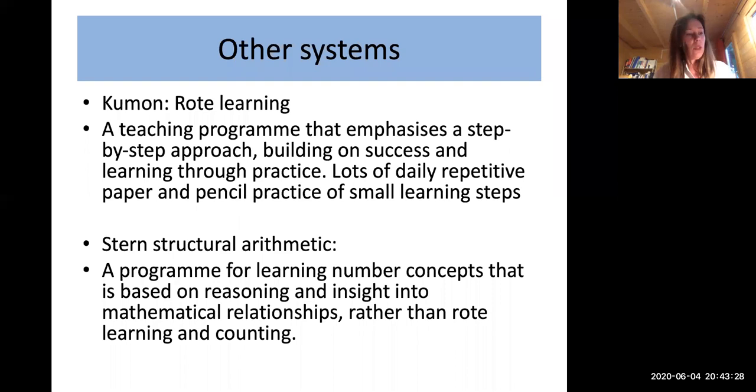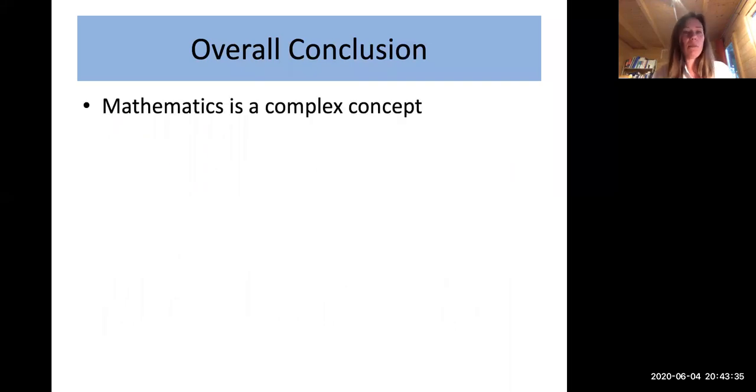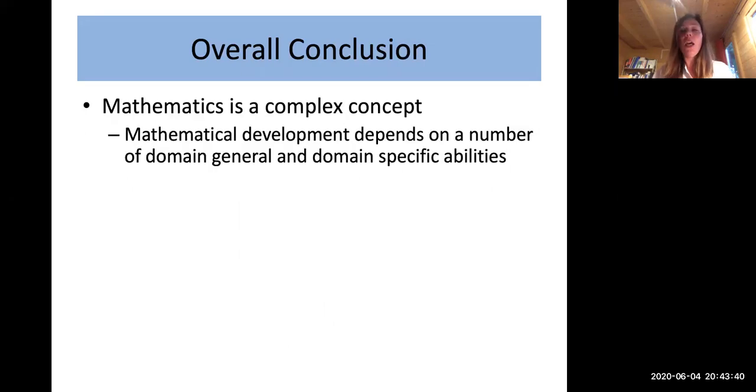So overall, what I hope I've made clear tonight is that mathematical development is quite complex. Mathematical development depends on a number of domain general abilities as well as domain specific abilities. And if we want to raise mathematical abilities in individuals with Down syndrome, we need to not just think about how can we raise number naming, sequence knowledge, or how to do additions,